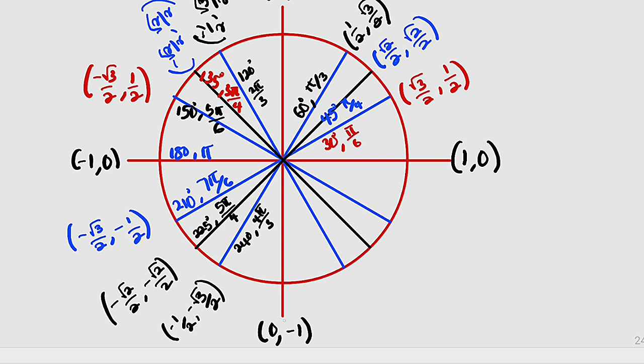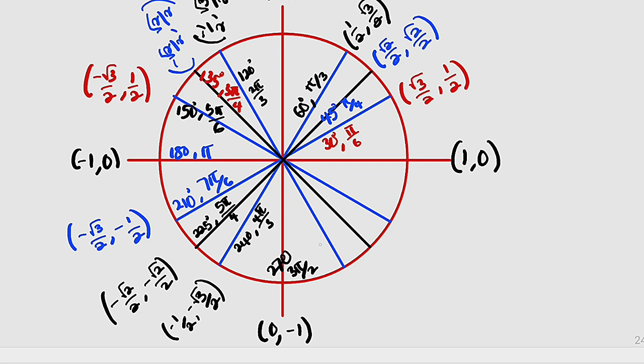Then this is 270, right? 270 and 3 pi over 2. Cosine of 270 will be 0 and the sine of 270 will be negative 1. Or you can use radians as 3 pi over 2. We'll move to the next one, which is